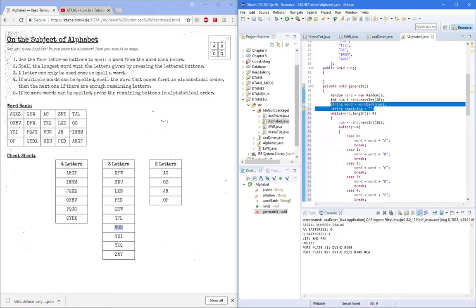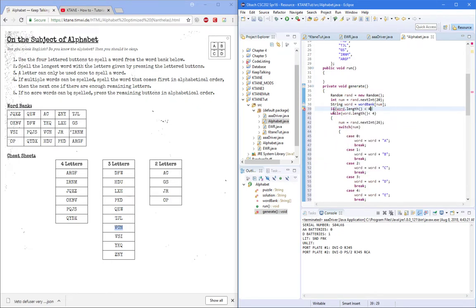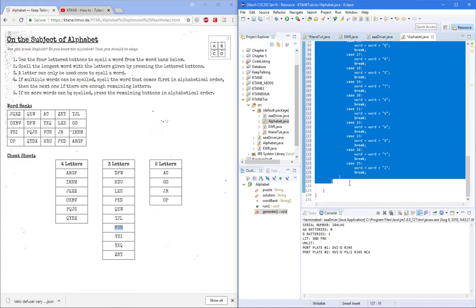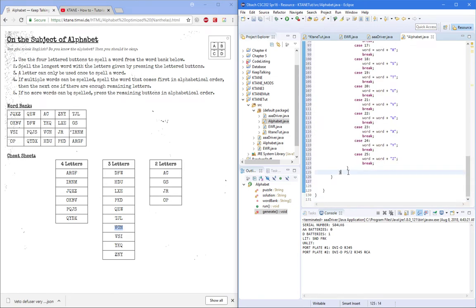So we're just going to get rid of, let's see, if word dot length is less than 4, I take that, then